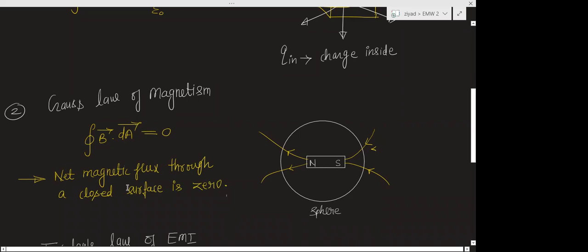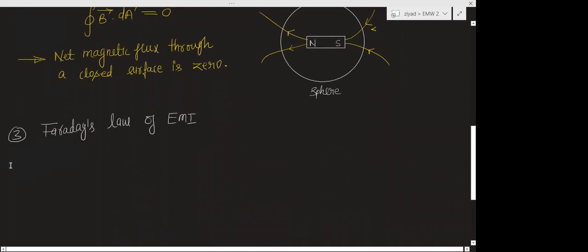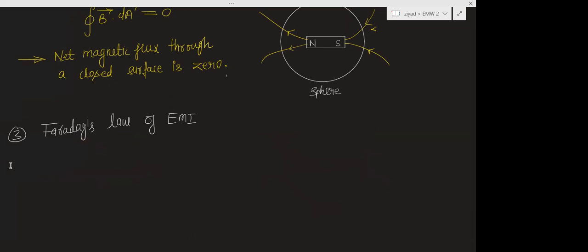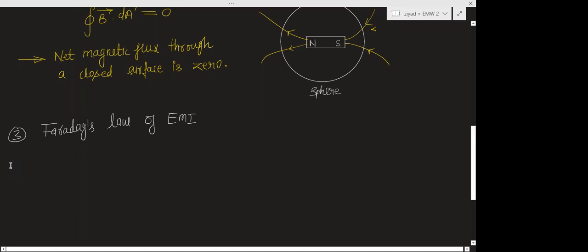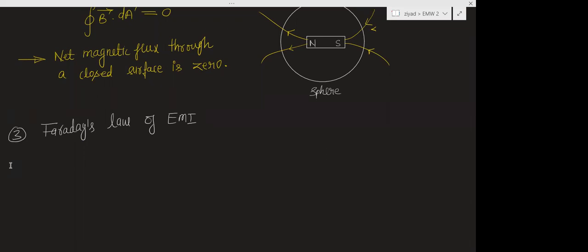After that, the third equation of Maxwell is Faraday's law of electromagnetic induction. What is Faraday's law of electromagnetic induction? Change in the magnetic flux induces an EMF, and this EMF is equal to minus d phi by dt. So we know this,